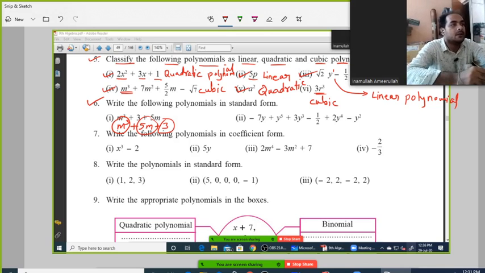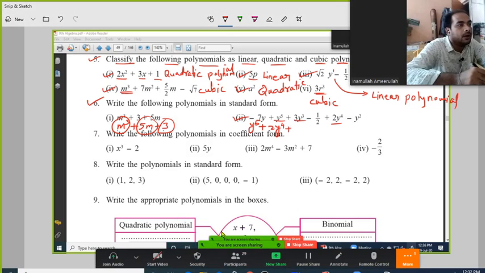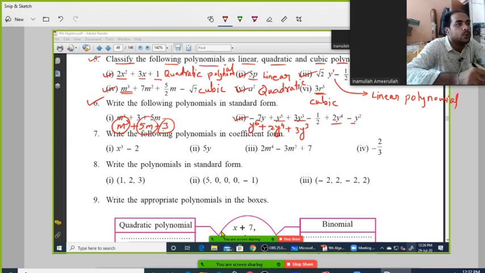Same way, this question can be written in proper standard form as per their power, either in ascending order or descending order. So for that you need to decide which is the highest power. So I think y raised to 5 is the highest power. So here the first term I will take y raised to 5. Then after 5 we need 4. So you can take plus 2y raised to 4. After 4 we need 3. So we can take plus 3y cube. And then we need square, so minus y square,